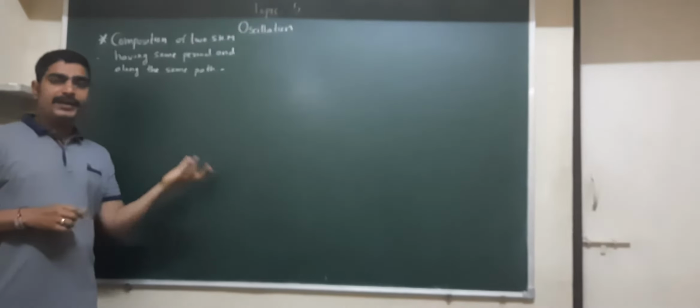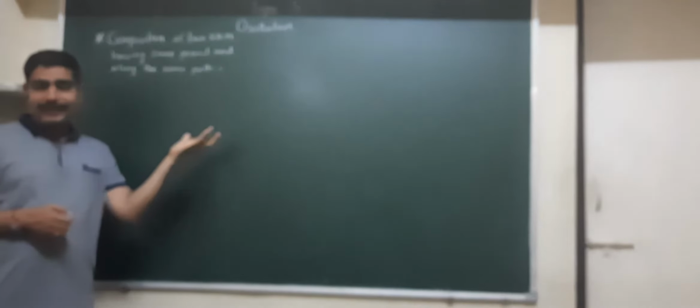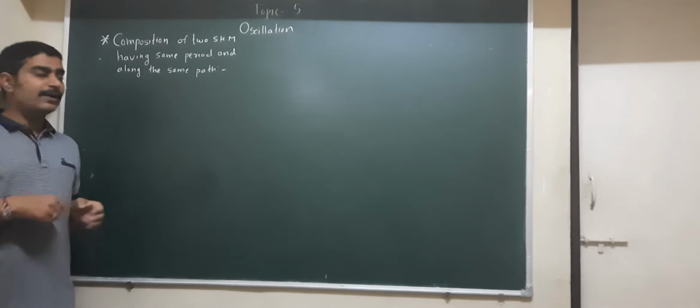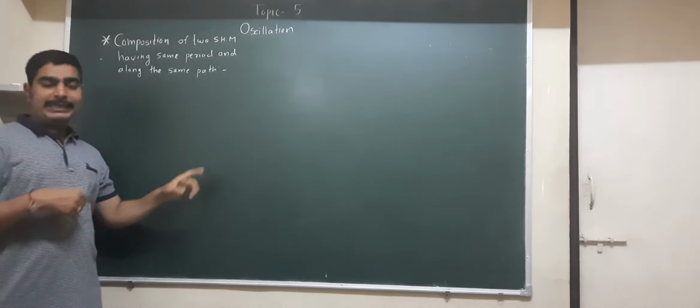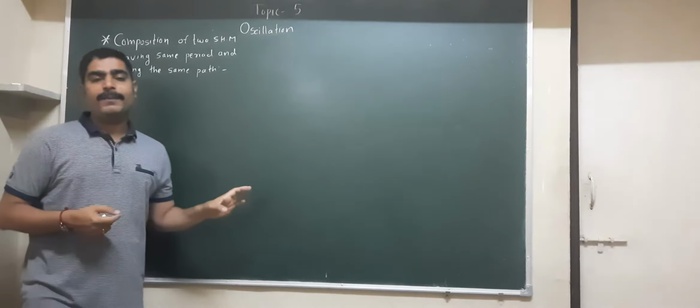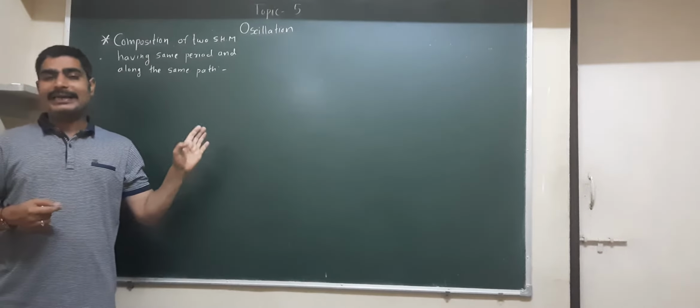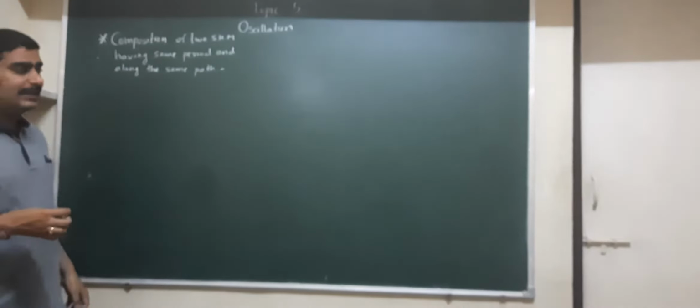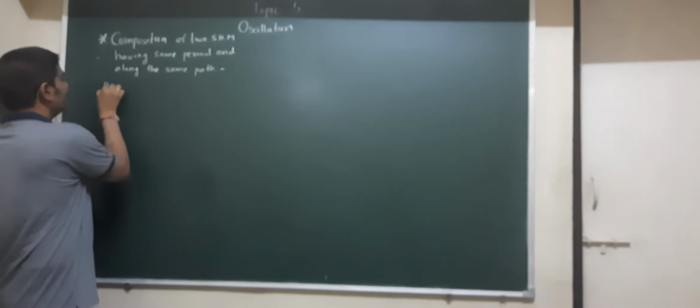For our convenience, the equation is linear, so I have divided the equation into three parts. In the first part, we are going to find out the composition. In the second part, we are going to find out the resultant amplitude, and in the third part, we are going to find out the phasor angle. So the equation will be divided into three parts. So first, we will see part one,